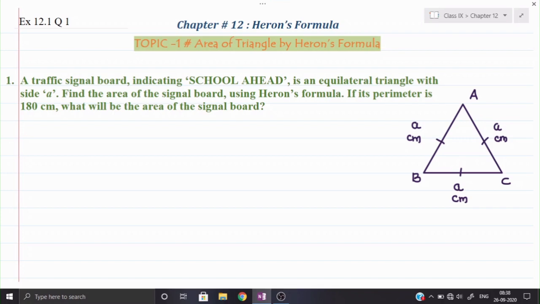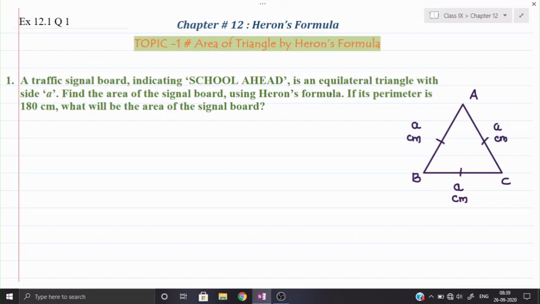Okay, that you know, but don't apply the formula directly, because it is clearly mentioned that we need to calculate the area of this triangle with the help of Heron's formula. So you can't use any direct formula. Okay, then further, the perimeter they are giving and they are asking the area of the signal board. There definitely you can use the direct formula, whichever you know or whichever we shall obtain in the first part. But in the first part, to get the area of the equilateral triangle, don't use the formula directly. You have to calculate this area with the help of Heron's formula only.